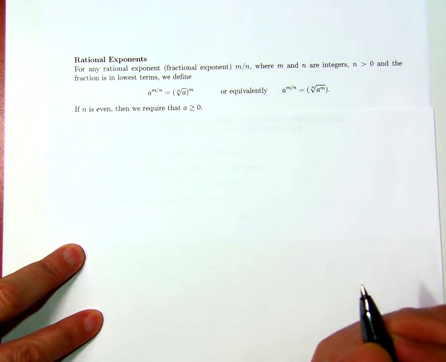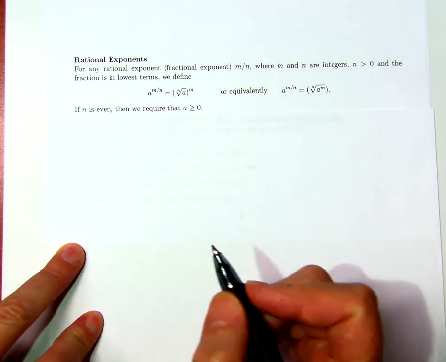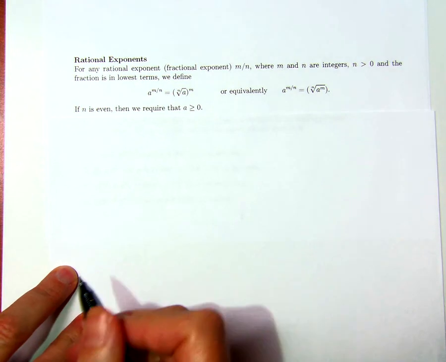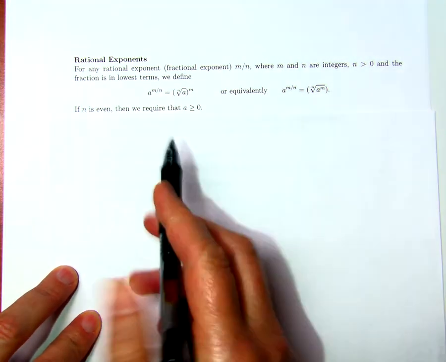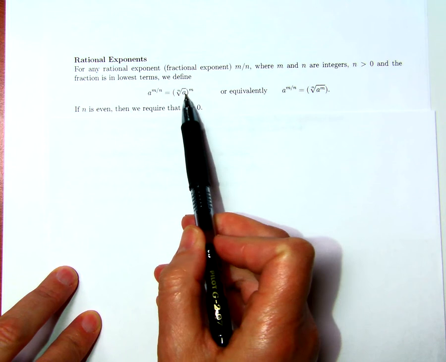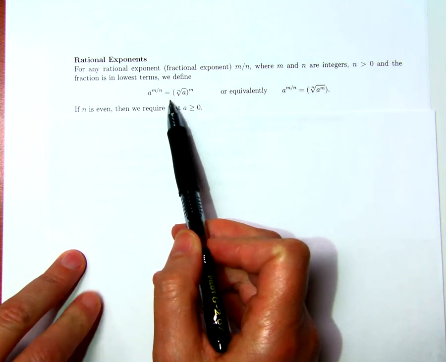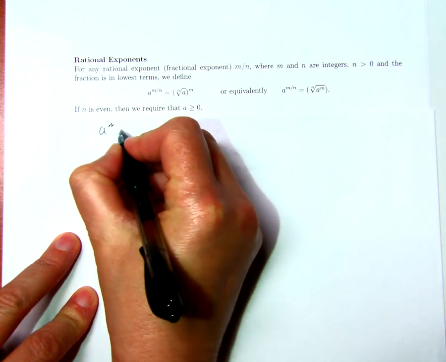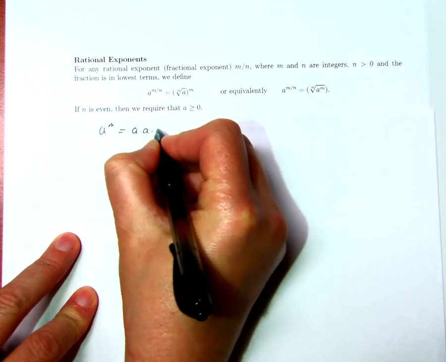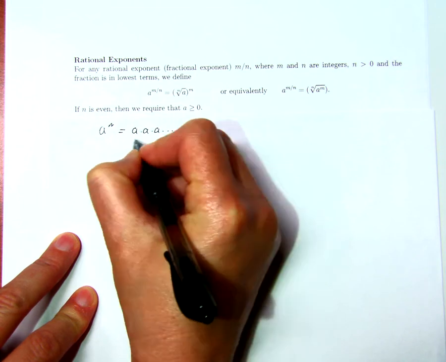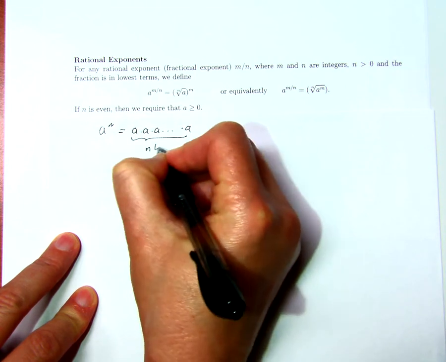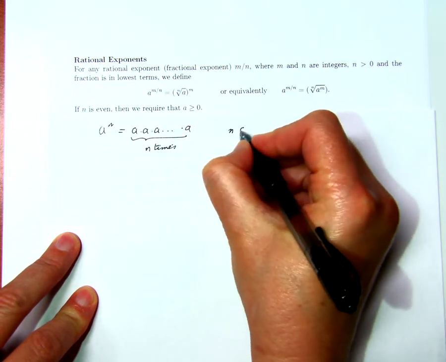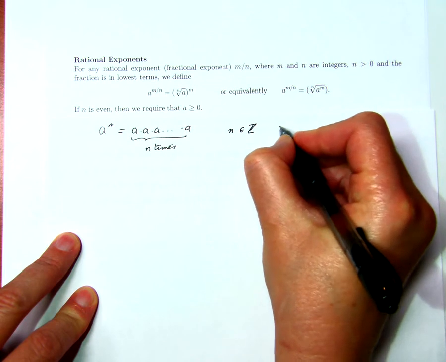Okay, we're now ready to define general rational exponents, and we have a to the m over n. This definition follows naturally from what we had before. So recall that we had a to the n equals a times a times a times a, n times, if n is an integer and n is positive,